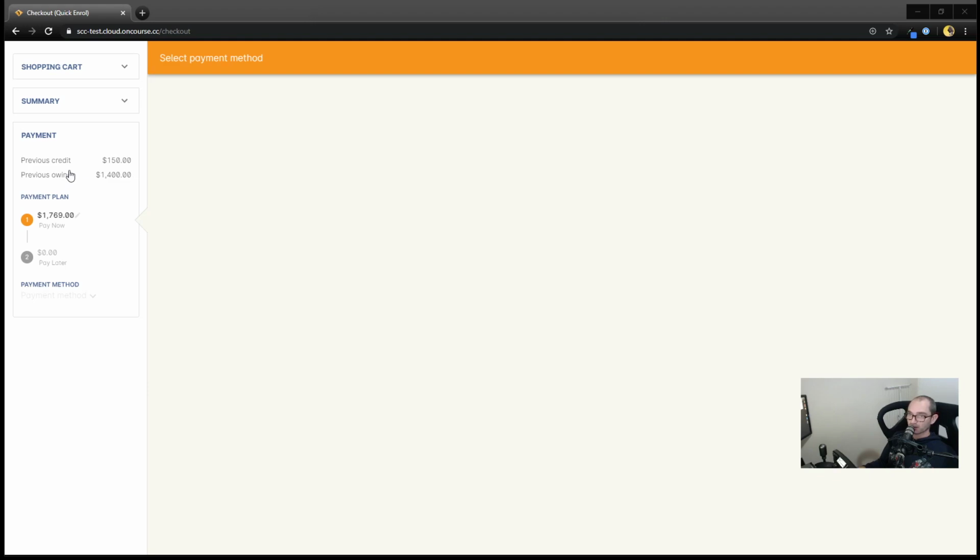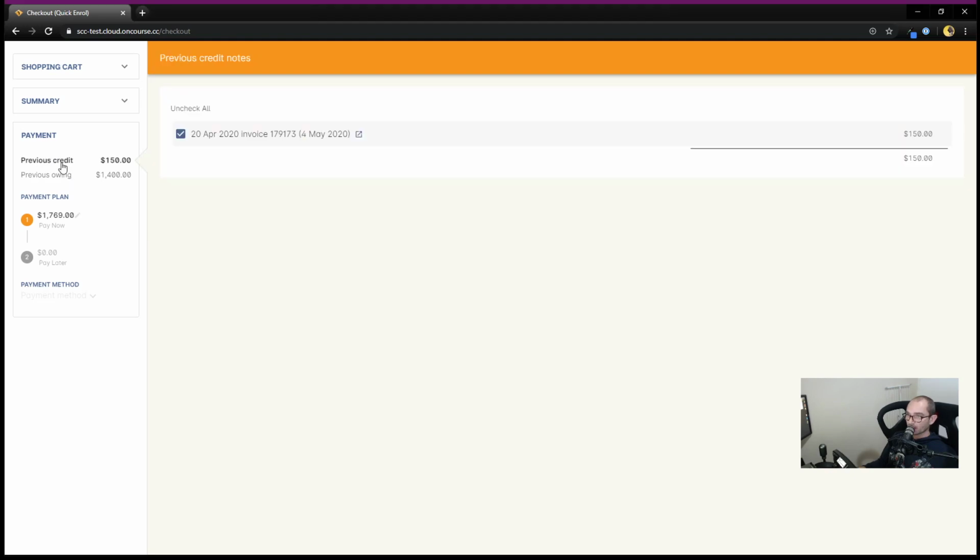So what we'll do there is we'll click here where it says previous credit, and we'll make sure that this is ticked, and it is, which is good because that means that this credit will apply to the current payment. Then we go to previous owing, and this is also ticked, but we don't want that to be ticked, so we'll change that. And you'll see that that has changed the payment plan to show $369 to be paid now,